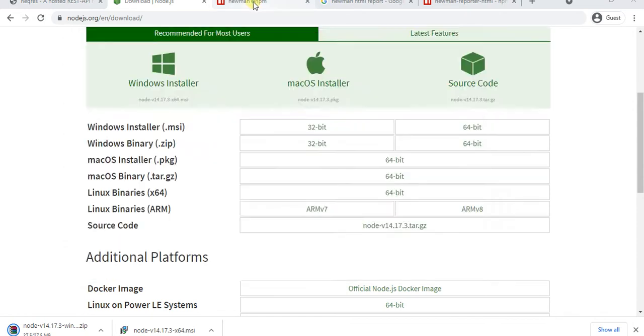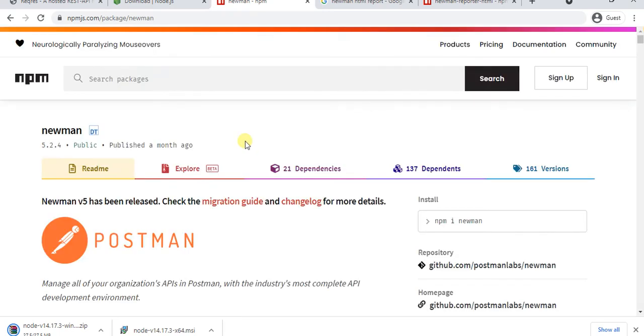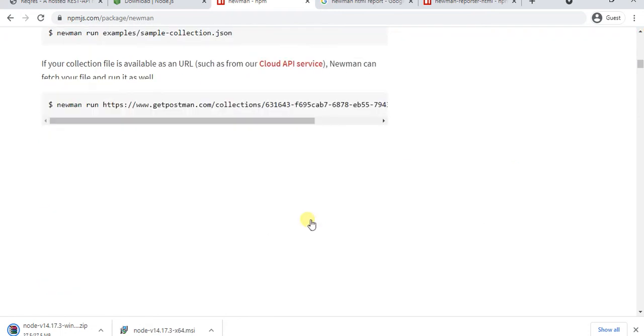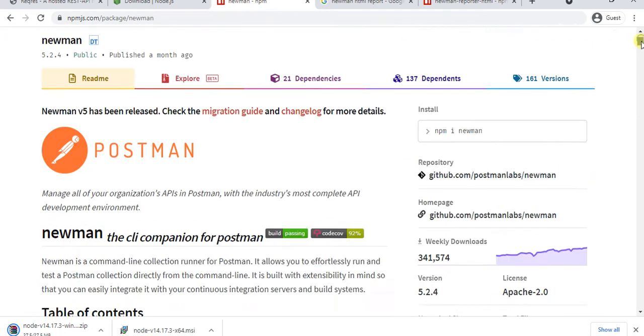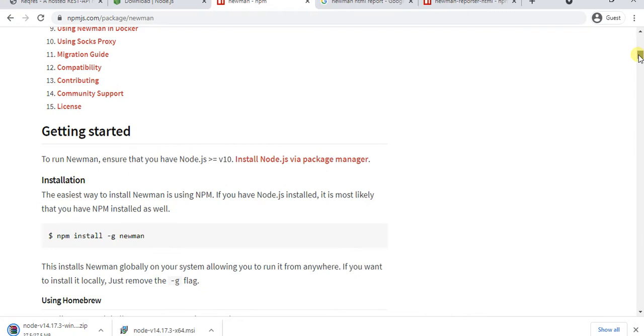Once Node.js is installed, let me go to Newman. You have to type Newman in Google. You will find the option npm install. Let me show you. We need to install Newman to run the collection.